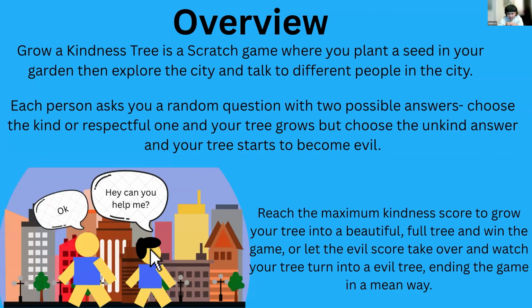Choose the unkind and mean one, and your tree starts to become evil. Reach the maximum kindness score to grow your tree into a beautiful full tree and win the game, or let the evil score take over and turn your tree into an evil tree, ending the game in a mean way. Next